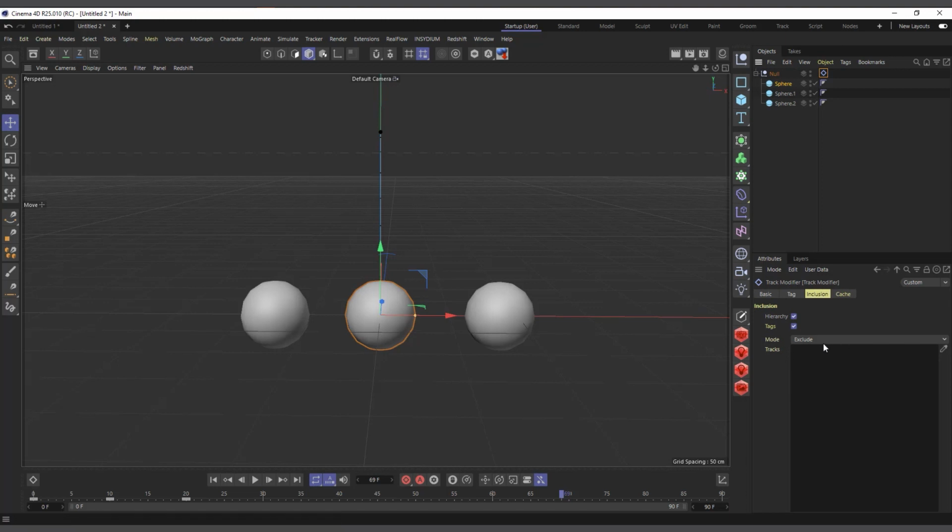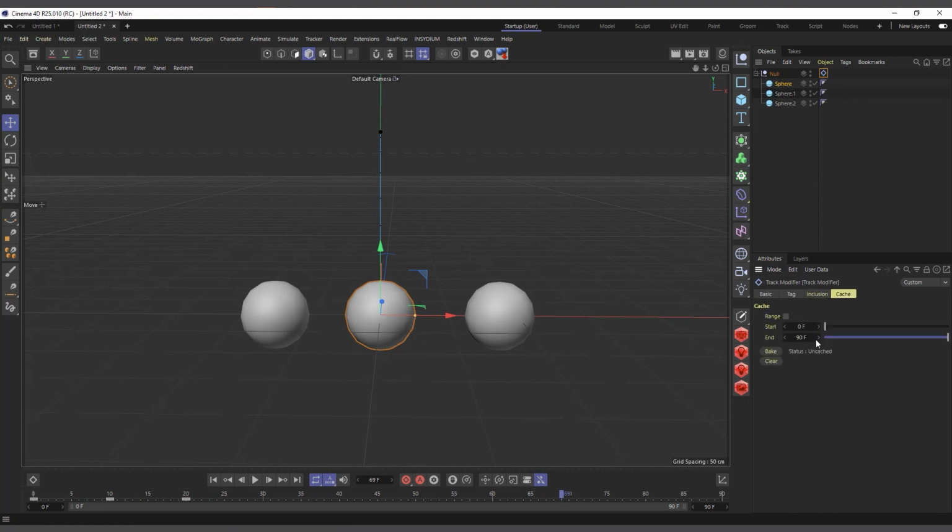Now down here you can see we have mode. It says exclude. We can also set it to include, and now if you hit play, it will not affect any of them because none of them has been included. You can also set it to exclude, and now we can exclude the one we want. Let's say I select the middle sphere and put it in, and now hit play and let it go back, and see the middle one doesn't have the spring effect. If I change it from exclude to include, then the middle one will have the effect and the rest won't. So basically that's what these do.